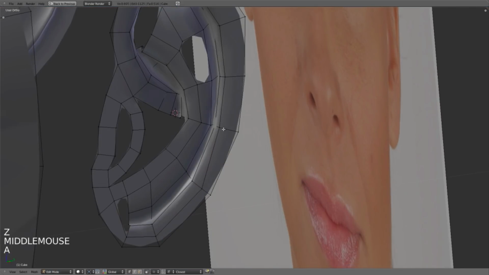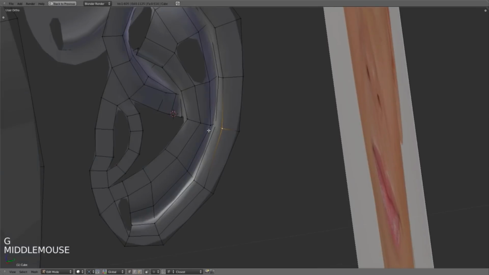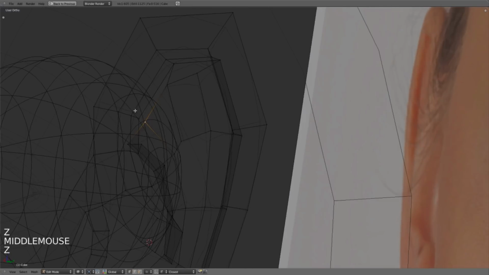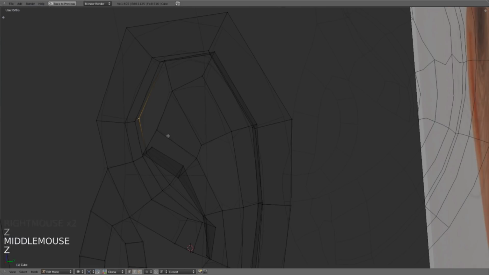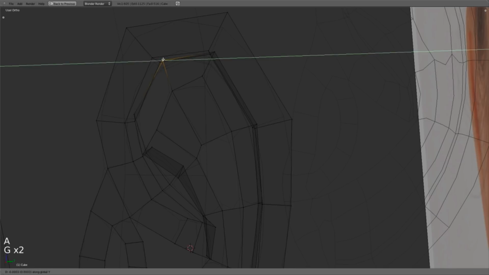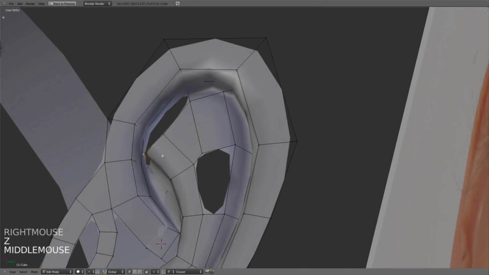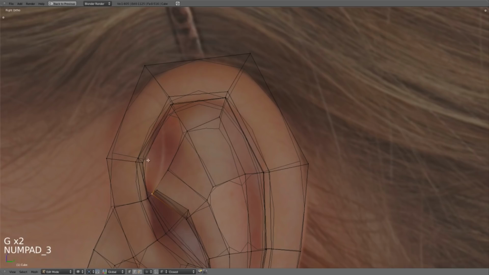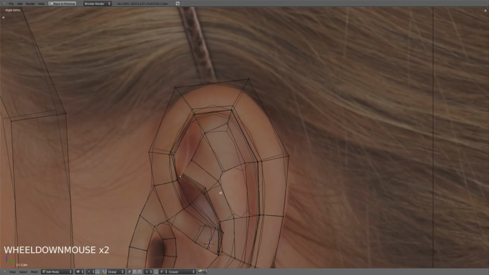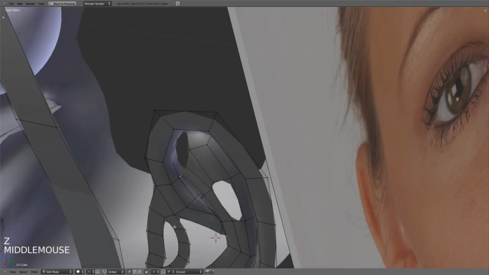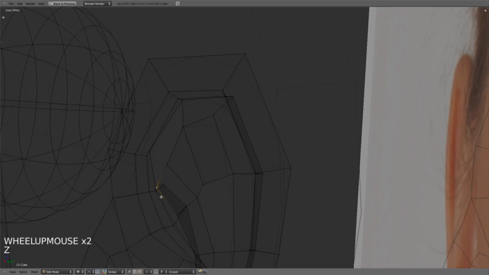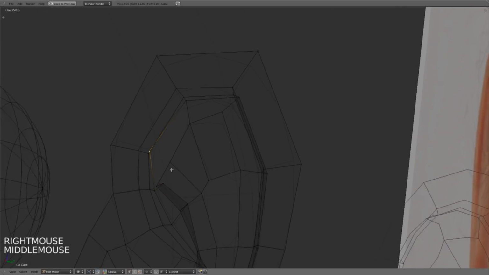bit. I can take this one. Okay, and what I want to do then is maybe take this one here. I'll pull it back along the Y. Maybe I'll pull this one back along the Y. I'm going to pull these in along the X to kind of flatten them out a little bit, because you'll notice that we've kind of got the high point right in here, and this is actually the highest point along with this here, and then this kind of trails in or tucks in, and so we want to go ahead and do that now. So we'll just tuck that in, and then we can go ahead and probably what we'll